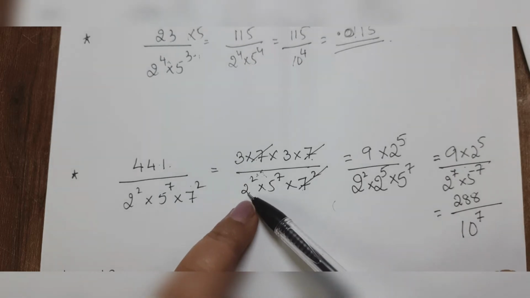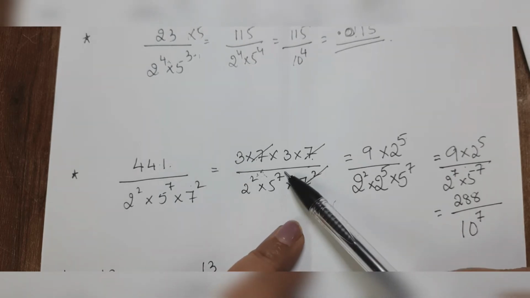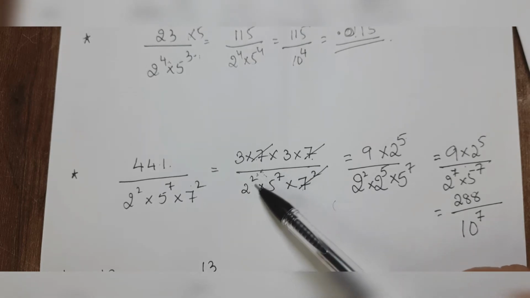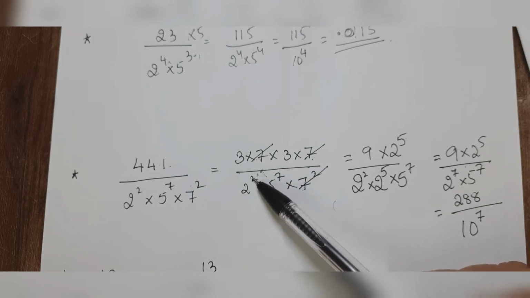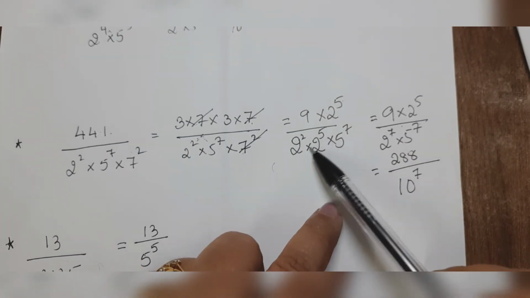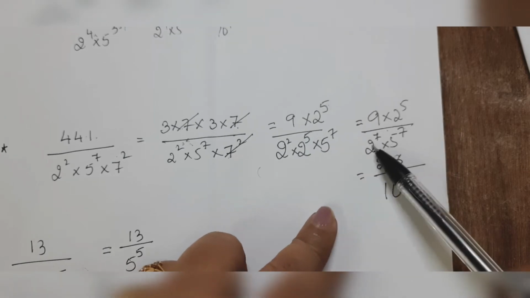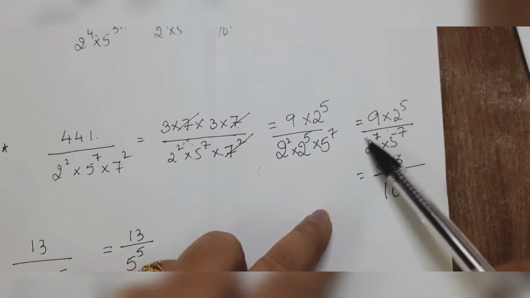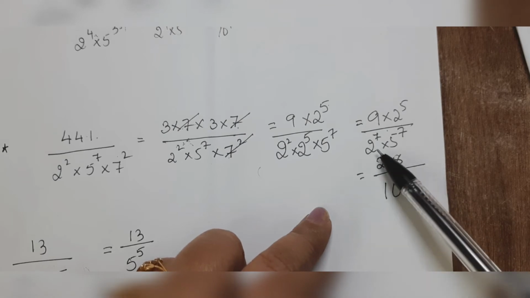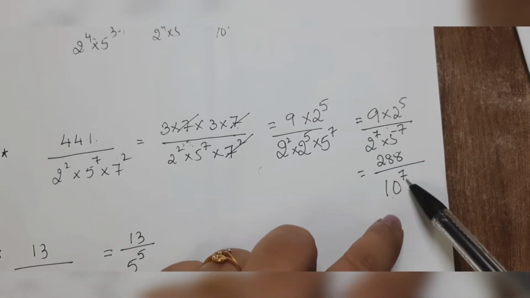So we have here 2 raised to m into 5 raised to n, but one more thing. We have this 5, the highest is 7. This we have to make it 7, so we have to multiply by 5. A raised to m into a raised to n is m plus n, it becomes 7. The main purpose of making the exponent the same is that we can multiply the base. 5 into 2, 10 raised to 7.